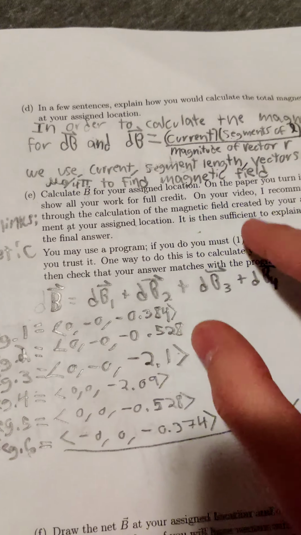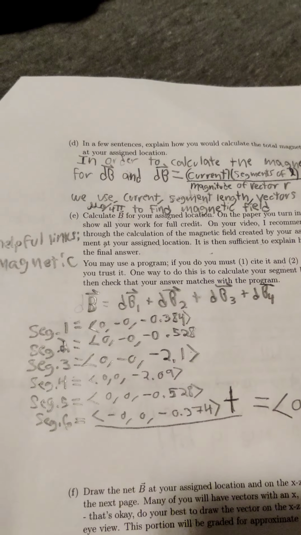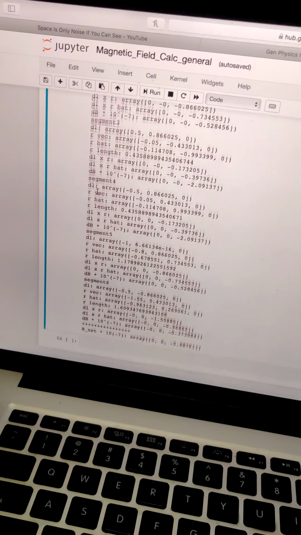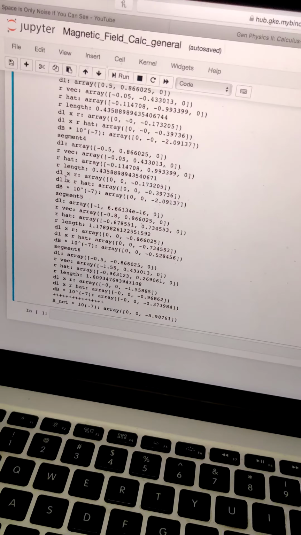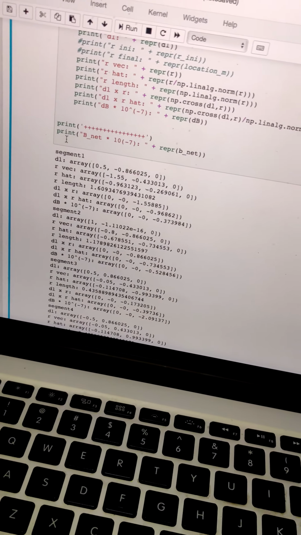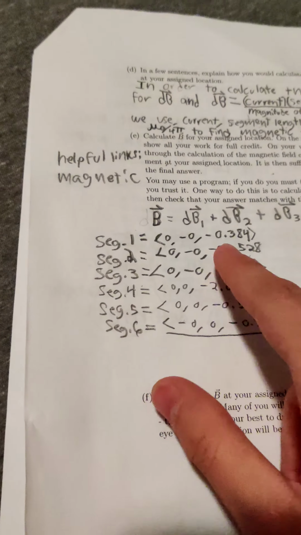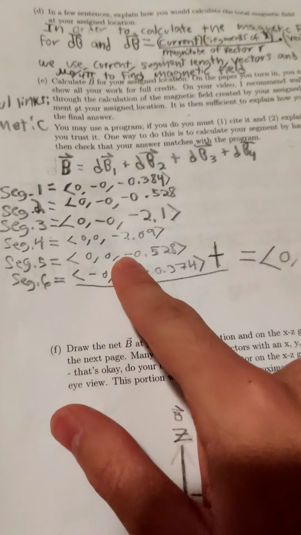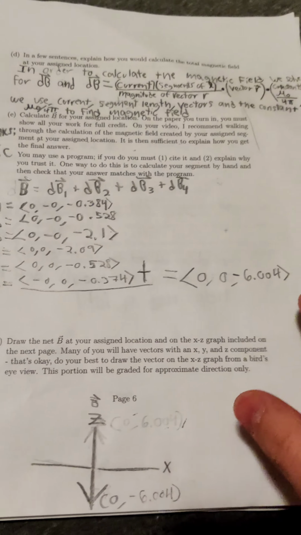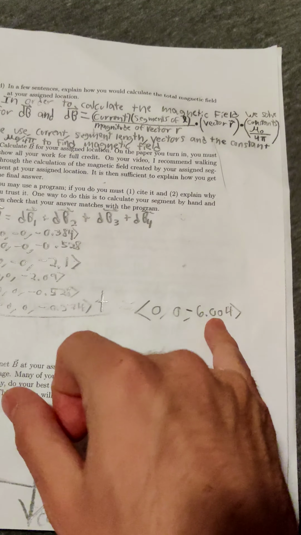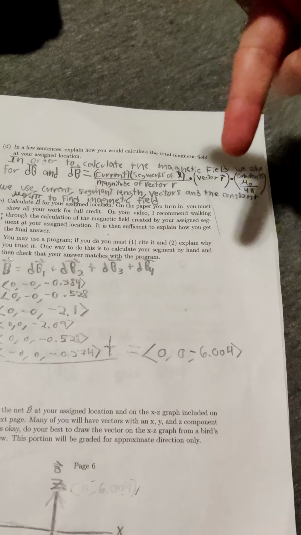And to calculate the B net for my assigned location, I put in my values on this program from Canvas. I use this program because it looks trustworthy and my professor gave it to me and it looks about right. So I got these values from the program, and that's how my magnetic field added up to going into a negative